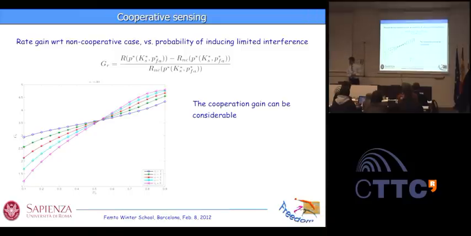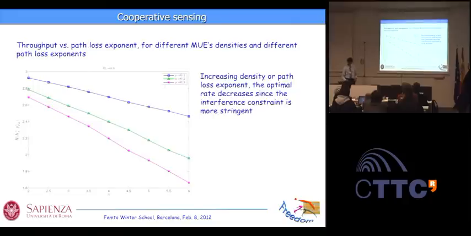Going back to the previous slide. This one? Yes. With the path loss exponent increasing, the throughput is decreasing as well. Shouldn't it be the other way around, because you will have less interference? If the path loss exponent is high, yes, but you are also computing the throughput, so in your own channel you are going to experience more attenuation.